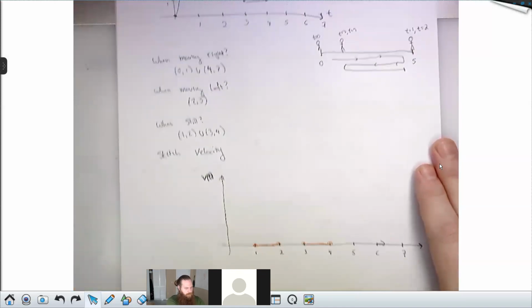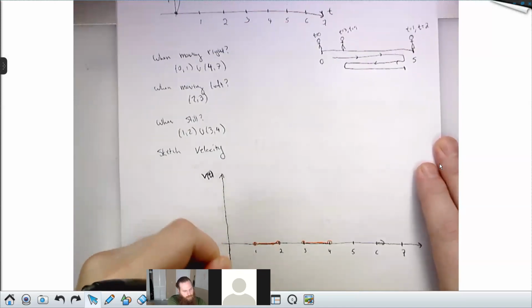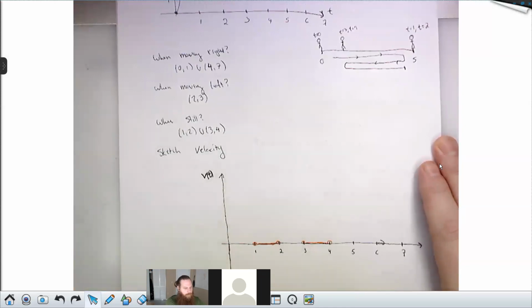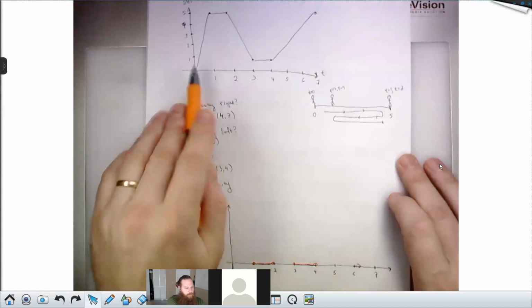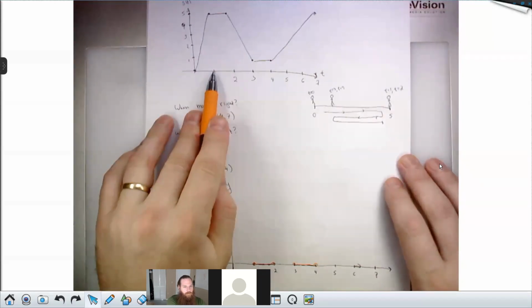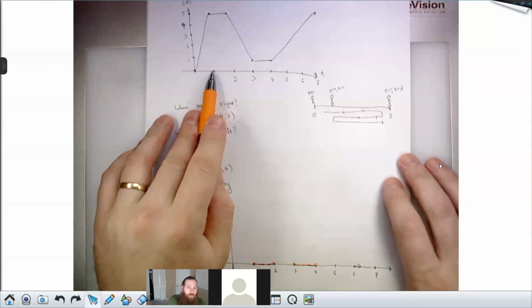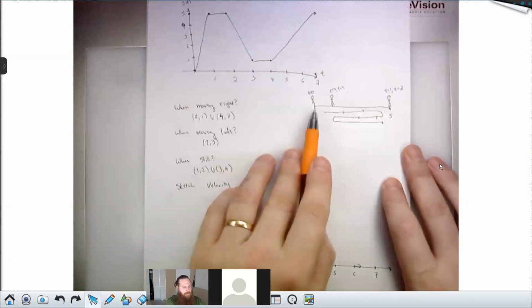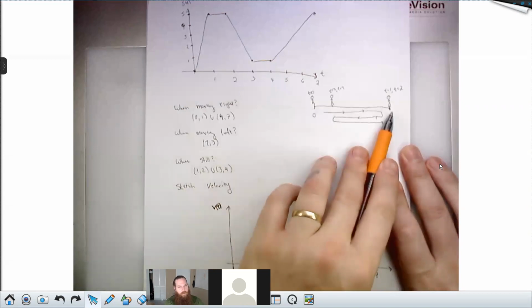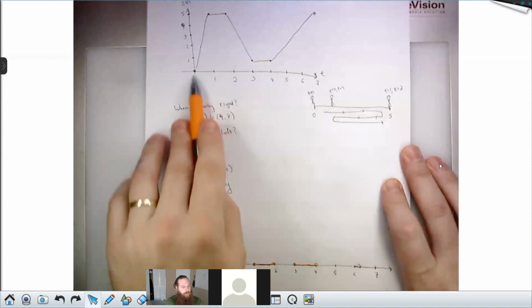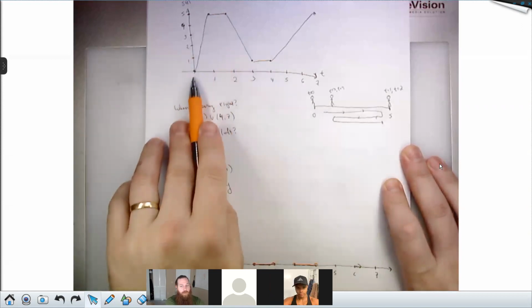I'm actually going to need some negative velocity here too, aren't I? Yeah. All right. Let's zoom out, come back up here. From time t equals 0 to t equals 1, remember velocity is the rate of change of your position. How fast from time t equals 0 to time t equals 1 was I running over here? Well, it's the slope of this. It's like 5. Yeah, exactly.